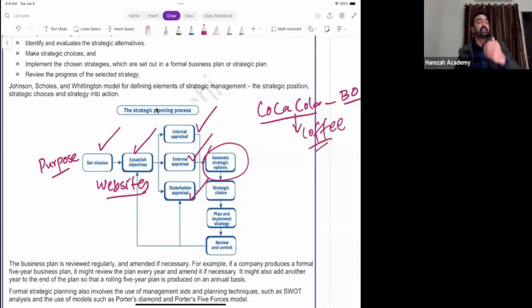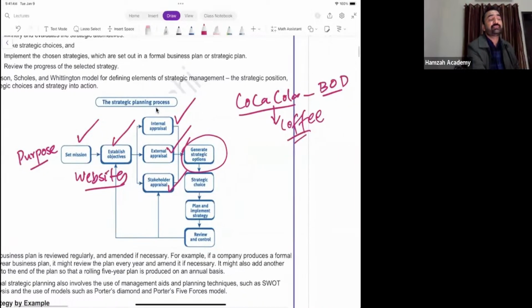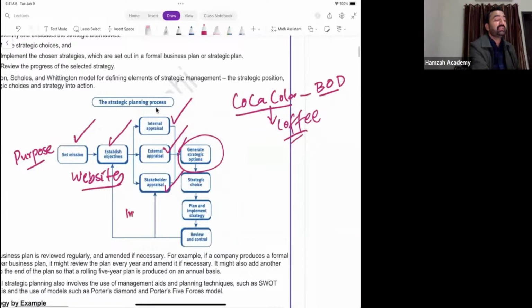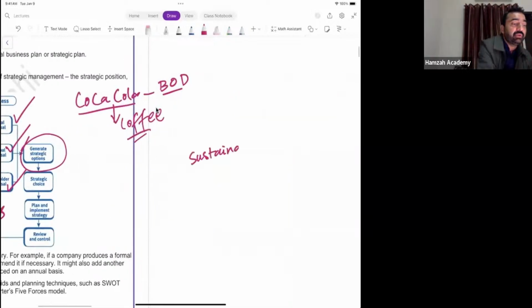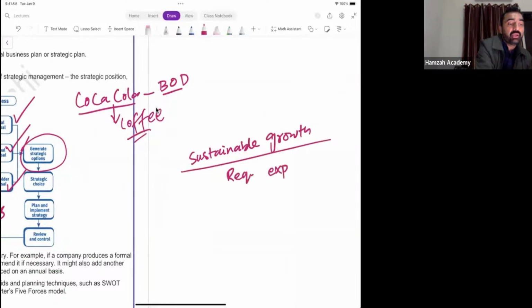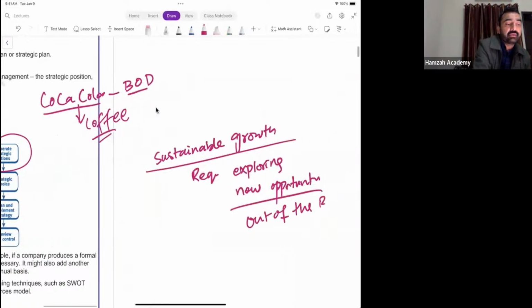Okay, it has done its stakeholders analysis. Who are stakeholders? Like investors of Coca-Cola. They want the company to be more sustainable. Okay, investors of the company want more sustainability. So how can it have sustainable growth? It needs to explore new options, because sustainable growth of any business requires exploring new opportunities. Okay, it is out of the box thinking,